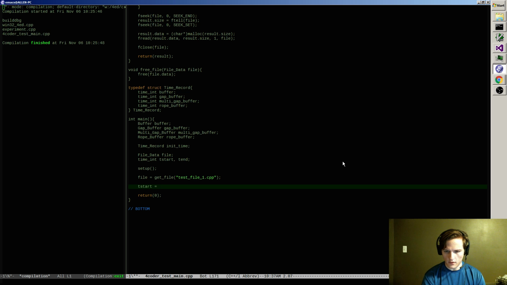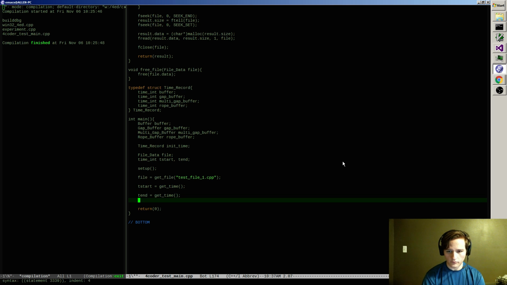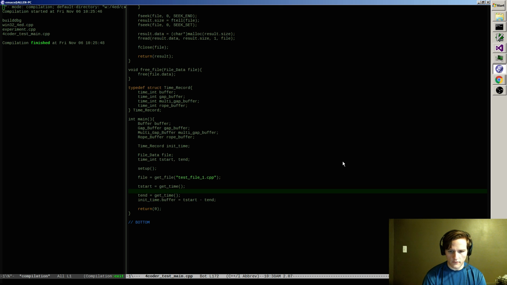t start equals get time. T end equals get time, and then init time equals init time dot buffer equals t start minus t end, and for each one of these things,